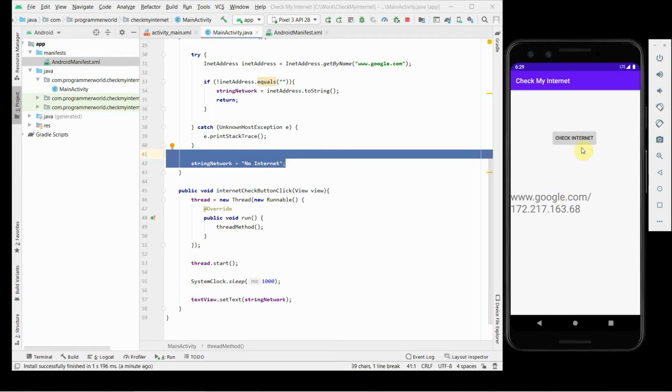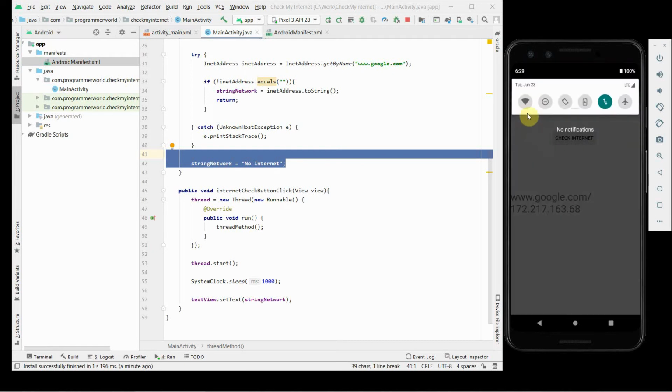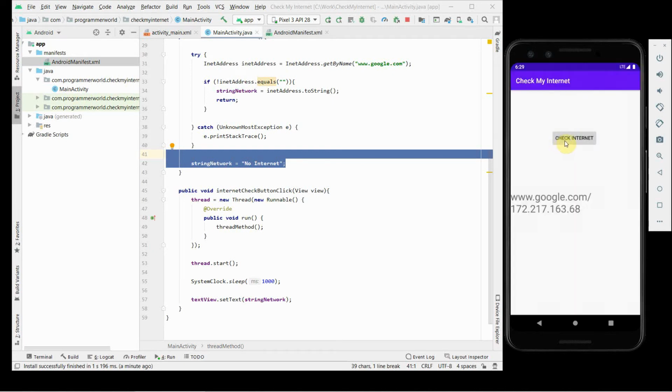When I check internet, it shows something. So the same code we can use in our real phone also. Based on whether our Wi-Fi or mobile data network is there, it will return the particular IP address of the address we are trying to access. So this InetAddress will give the physical address of the server.